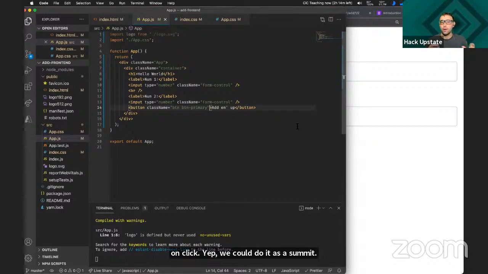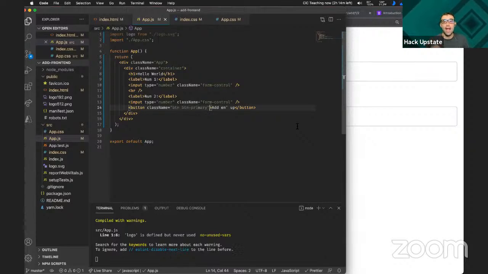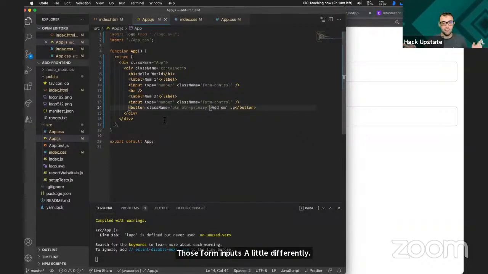Because we want to practice with using state a little bit, we're not going to use a form and we are going to use the on click instead, and then access those form inputs a little differently. A form is a completely fine option and you could totally do that. I am picking the more complicated route here just so we get a little practice